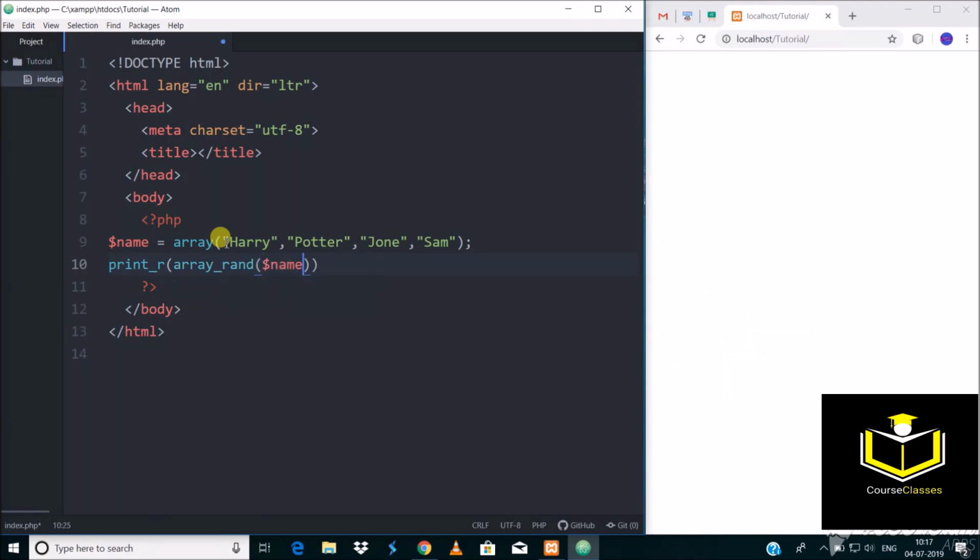So in the array_rand function we pass two parameters. The first one is the array name and the second one is the number parameter. The number parameter specifies the number of keys to return from a given array. Its default value is 1. So let's display the random single value.